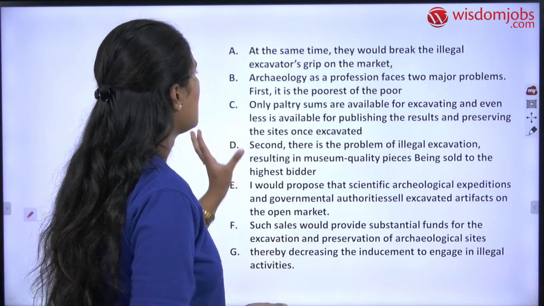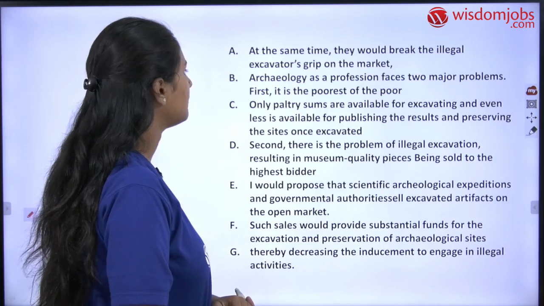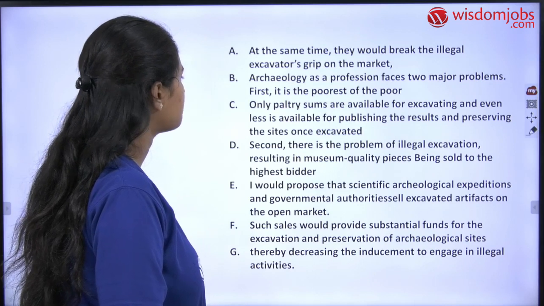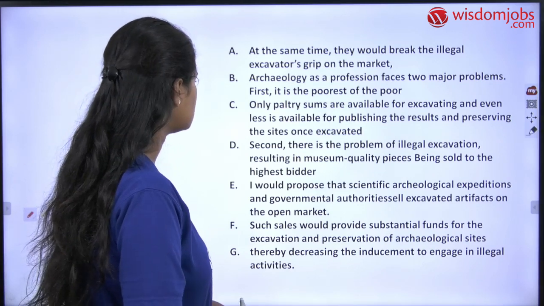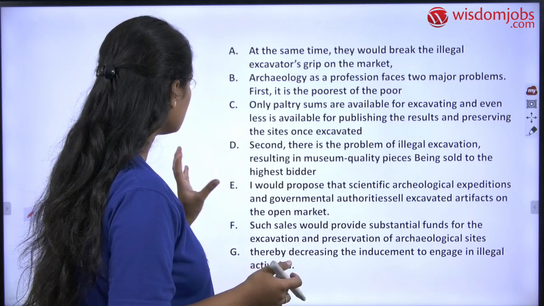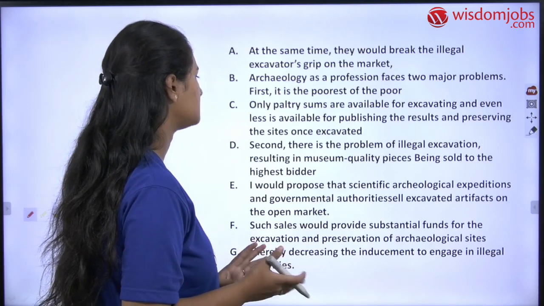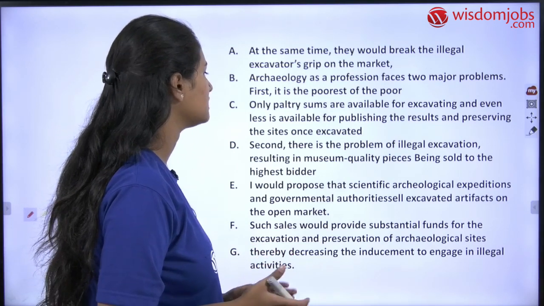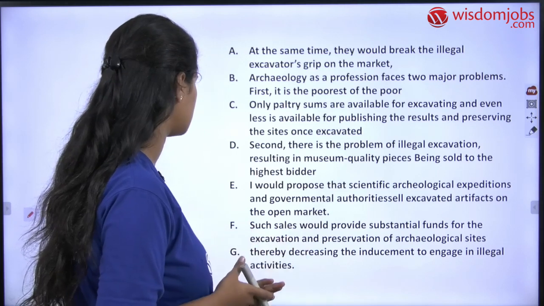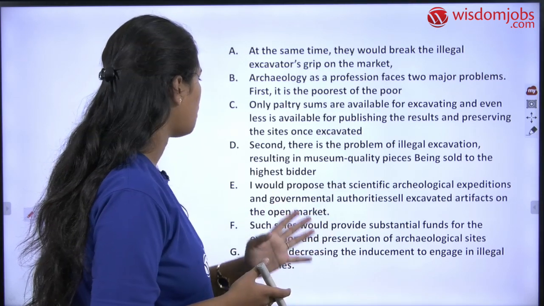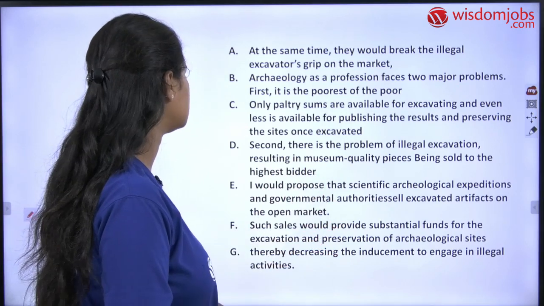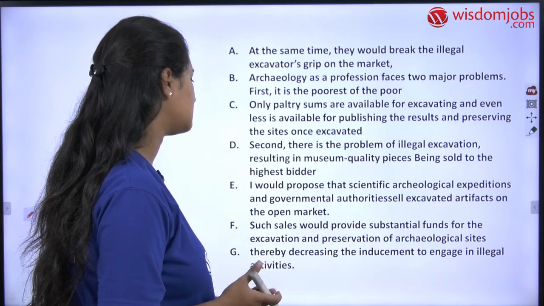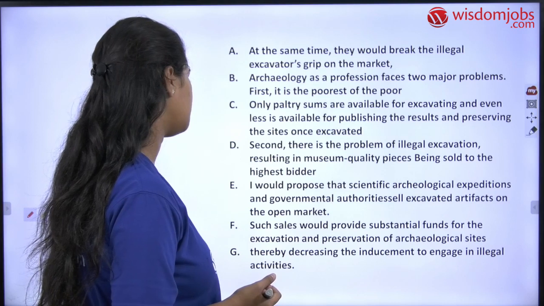Now let us read this. At the same time, they would break the illegal excavators' grip on the market. Archaeology as a profession faces 2 major problems. First, it is the poorest of the poor. Only paltry sums are available for excavating, and even less is available for publishing the results and preserving the sites once excavated. Second, there is the problem of illegal excavation resulting in museum quality pieces being sold to the highest bidder. I would propose that scientific archaeological expeditions and government authorities